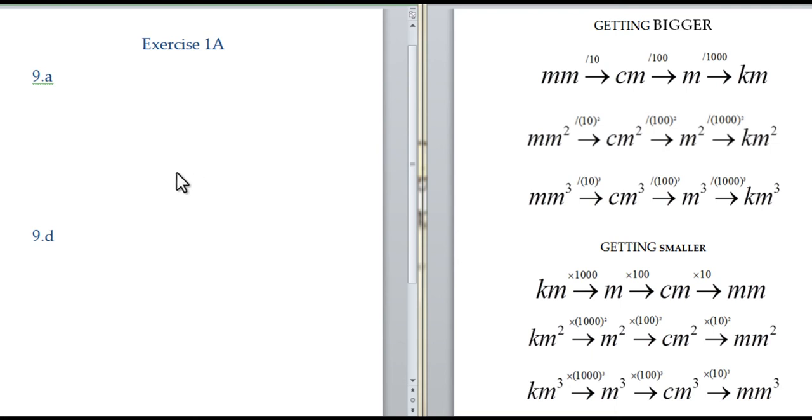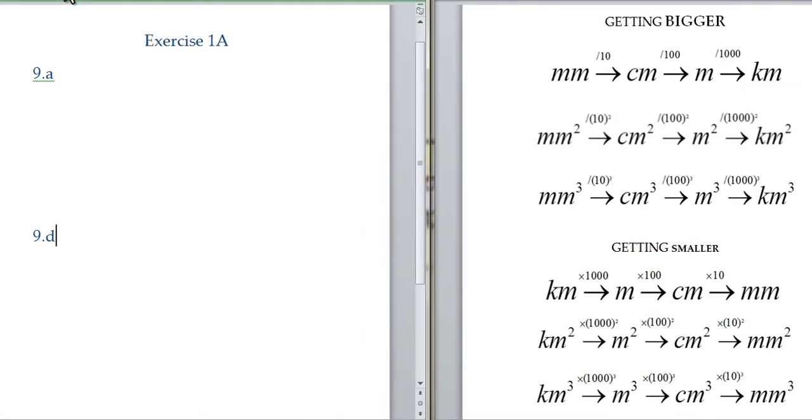In this video, we're looking at question 9 from exercise 1A, and we'll do 9A and 9D. Now, at first glance, question 9 might look similar to the ones you did earlier in the chapter, like 1, 2, and 3, but there is a bit of a difference. For example, 9A asks us to convert 20,000 centimeters into kilometers. So we're getting bigger, we're going from centimeters to kilometers, but if we go to